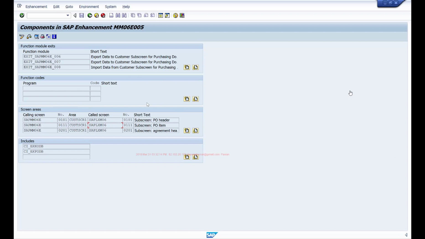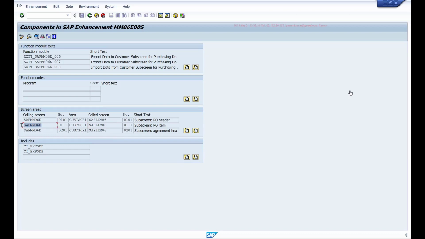So in the flow logic, what SAP will do is, on the main screen they'll create one subscreen area, and in the flow logic they'll call that subscreen, and whatever fields you add to this subscreen will be visible on the main screen, right? And these subscreens are called using this statement called customer subscreen. So if you remember the module pool topic we discussed, in the flow logic in PBO, you can write this call subscreen statement to load a subscreen on the main screen. So similarly, SAP provides these subscreens.